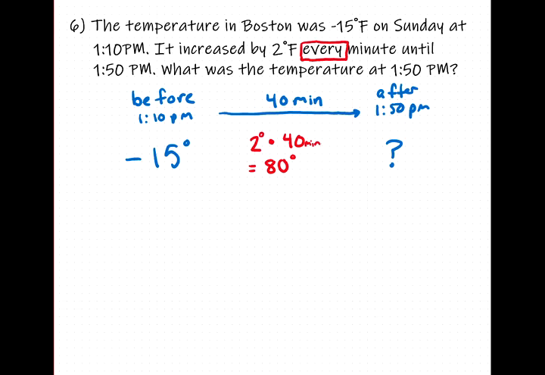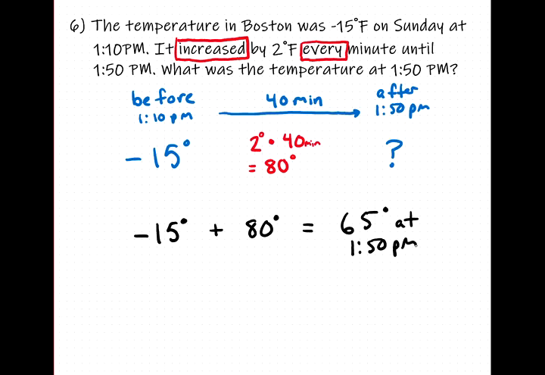All right, so that is telling us that we have to take negative 15 degrees. And now we could use this other keyword, increased, so that means add, increased by. So the starting temperature plus the increase of 80 degrees, so we'll add 80 degrees. And that will give us the final temperature: negative 15 plus 80 will give us a final temperature of 65 degrees at